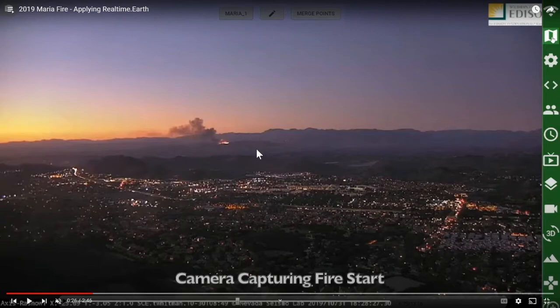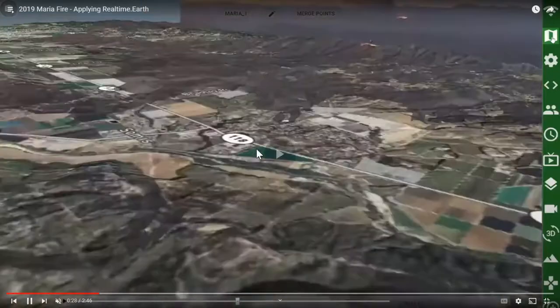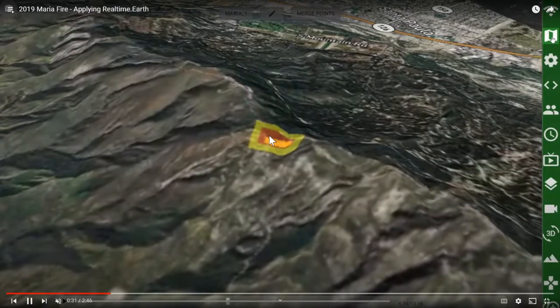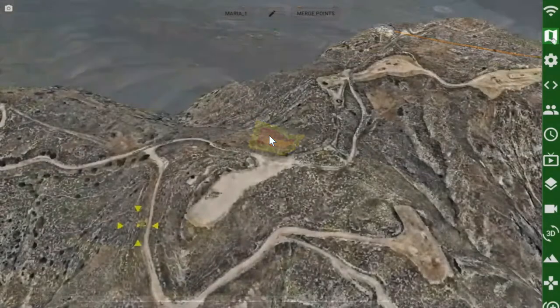So the next step here is we'll go ahead and project these pixels onto the landscape. And you can see we're far away, so those pixels are very big, but it gives us a rough idea of where this is. Now, here comes an image on social media. The airspace hasn't been shut down yet, so a private pilot is flying by and holds out their iPhone and